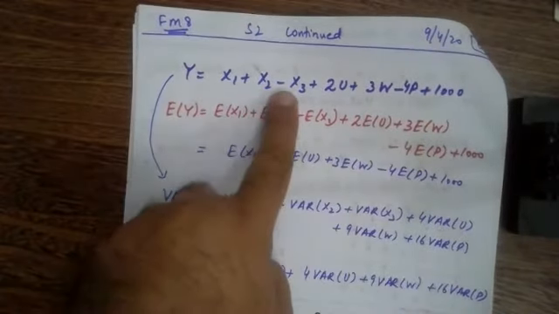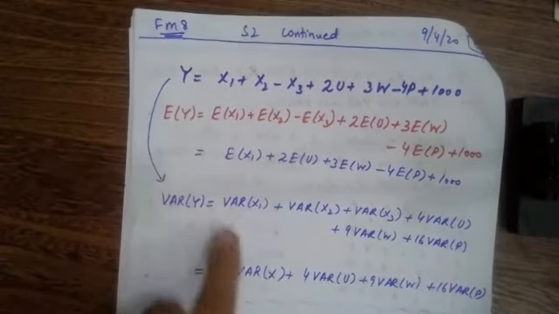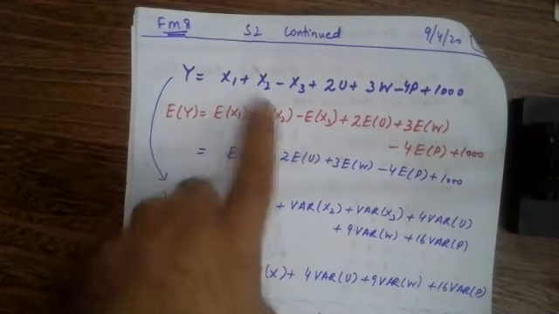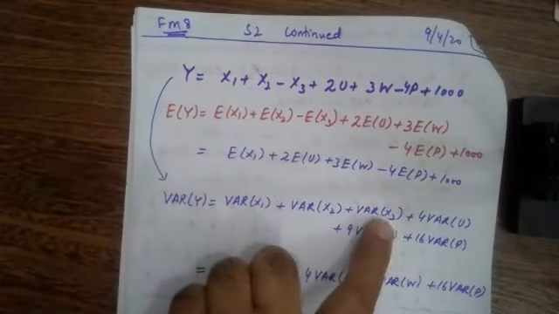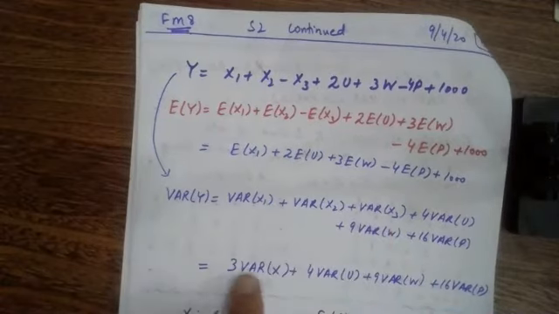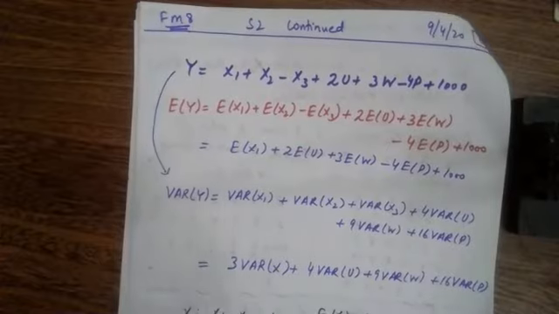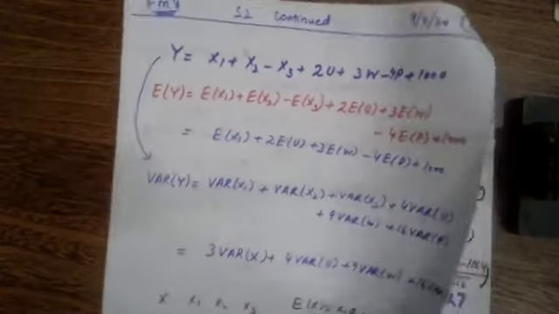But these are 3 different observations of X1 of the same variable. When they are calculated like this, you will calculate the variance of X1 plus variance of X2. You will convert this negative to positive in the variance of X3. And then you will add them up, making them 3 times the variance of X, because they are 3 different observations of the same variable. So you will not make it 9. That's very important. And that is the last important point